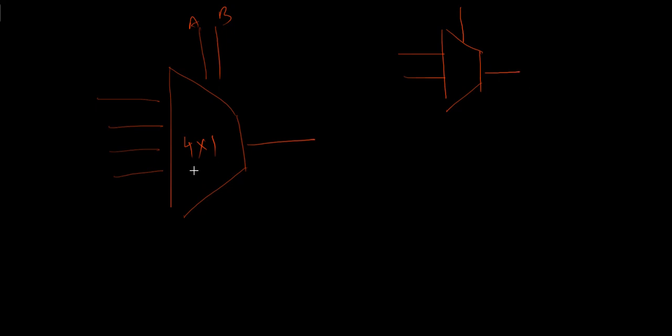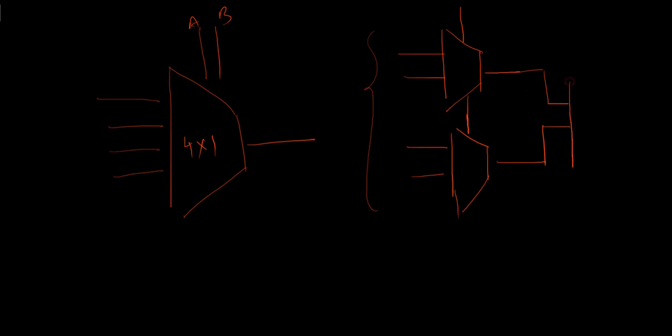As I need to design 4 cross 1 mux, that means minimum number of mux, 2 mux, I need to use it as 2. Why? In order to design 4 number of inputs. So let me give the same select line. Now as you can see, the output I am getting as 2, but for 4 cross 1 mux, the output is 1. So what I will do is I will take the output generated from mux 1 and mux 2 as the input for mux 3 with another select line, and this will be my output.